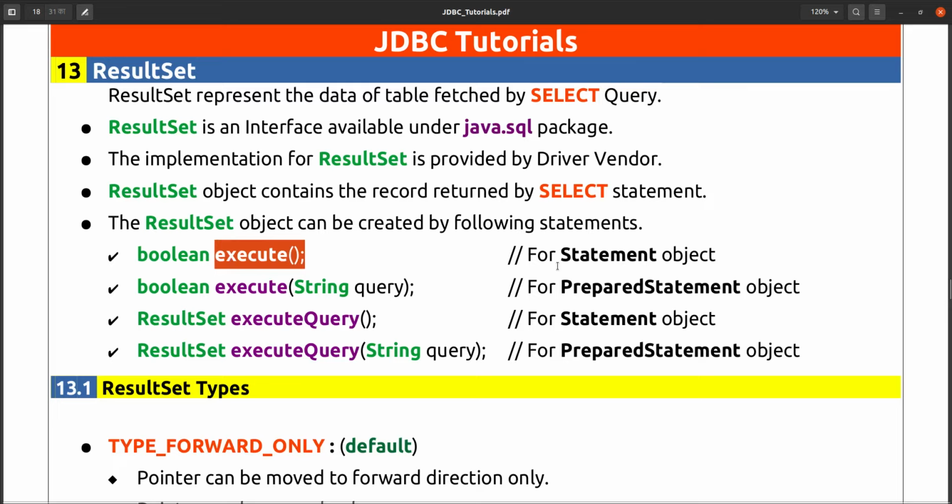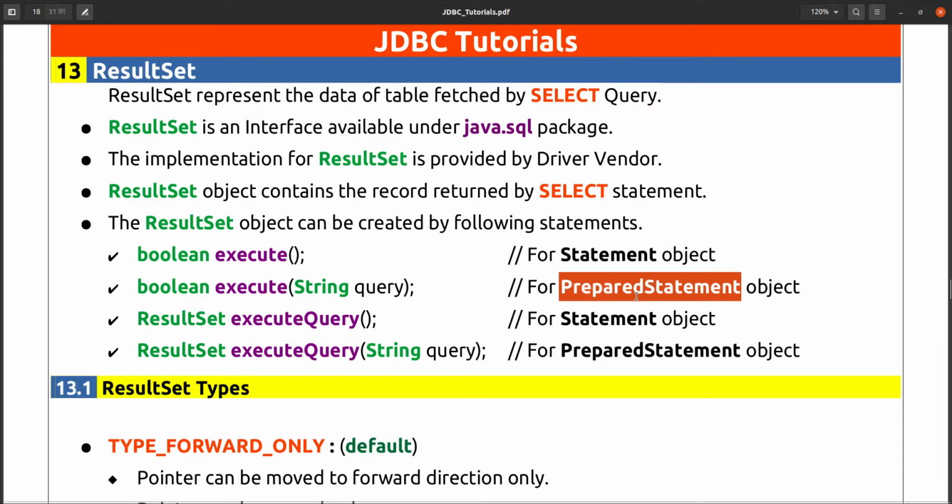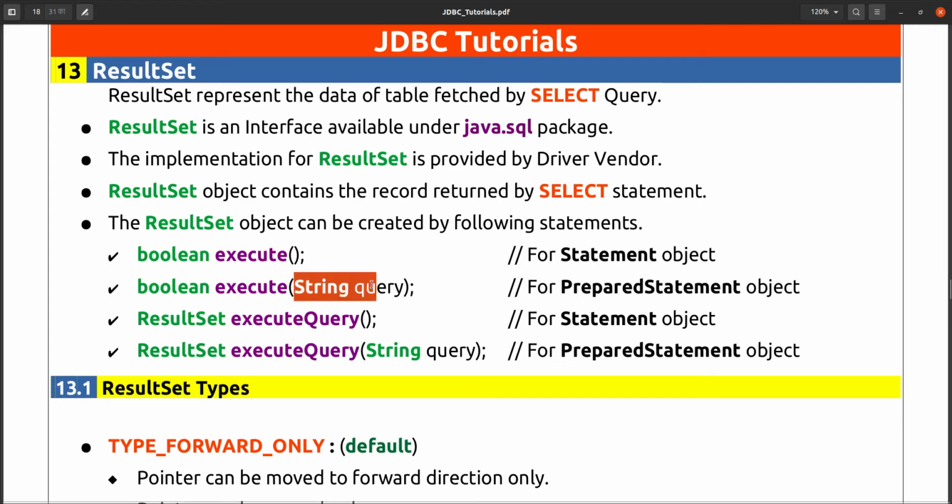Execute with a string value is used for a Statement object, and execute without any string or query is designed for PreparedStatement. Sorry, I said it in reverse. In a prepared statement you pass the query while creating the object, but for a Statement you do not pass any query when getting the object, because using it we can execute any type of statement, so we pass the query while executing.